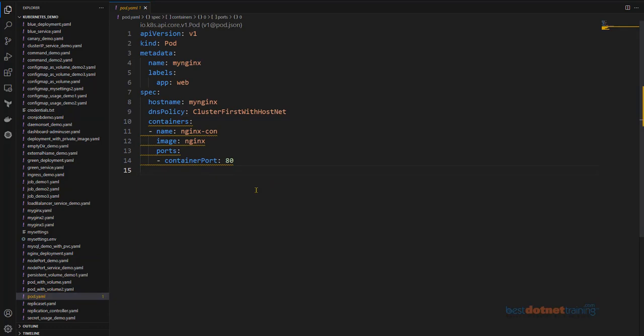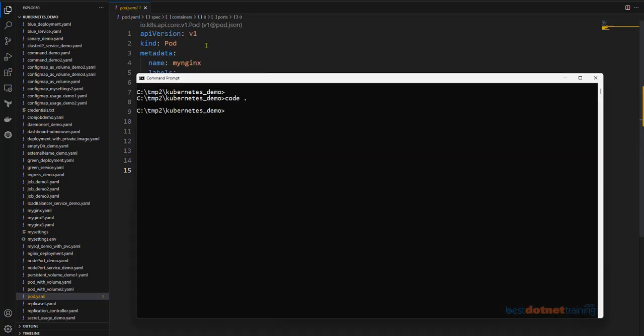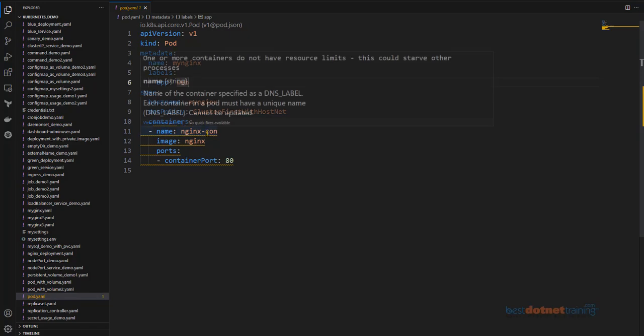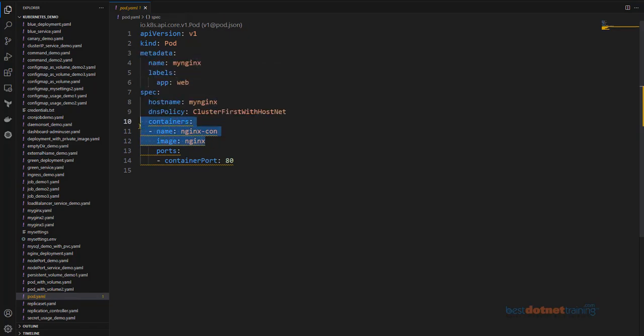So I want you to look carefully at that YAML file. We have the kind of object that you wish to create, that's called pod. What will be the name of the pod? And then what will be the container specification which will be created in the pod. So what will be the name of the container, and the container will be based on which image.